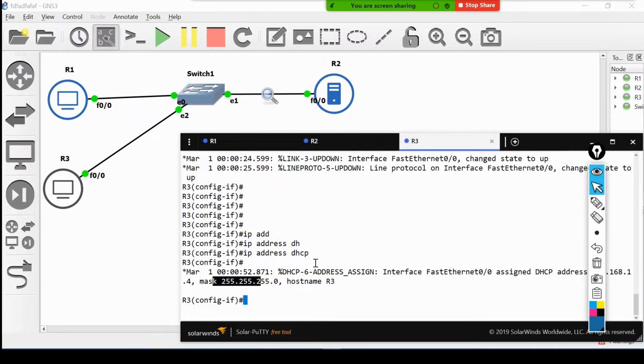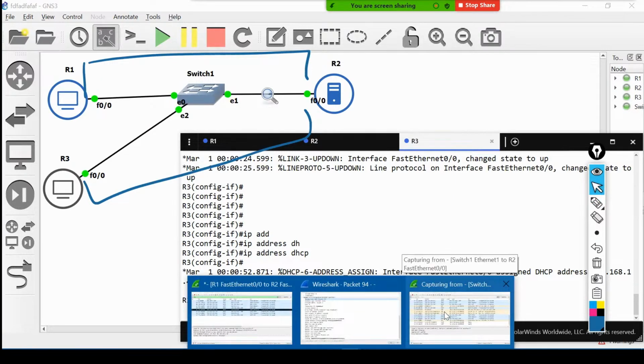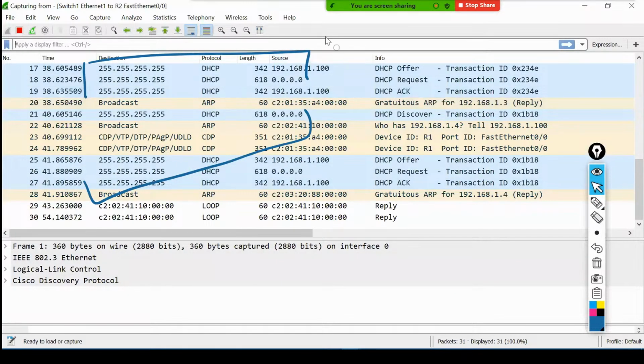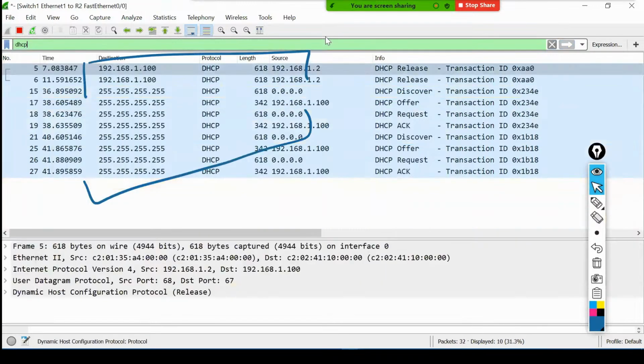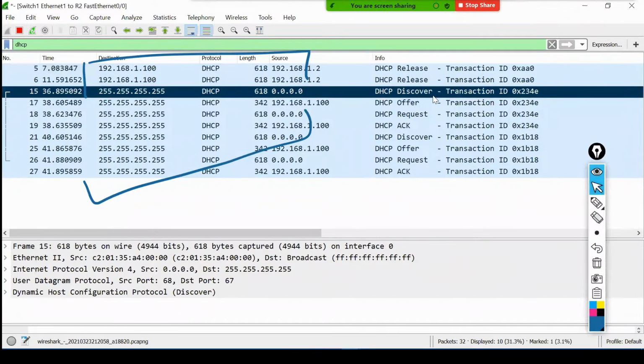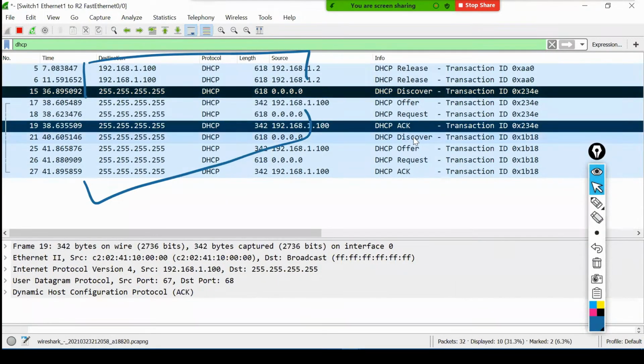If you see, these two machines have made a logical connection with the server, and they both have a separate transaction ID. If you have a look over there at DHCP, can you see that? From here to here, this one is acknowledged, and again this one.